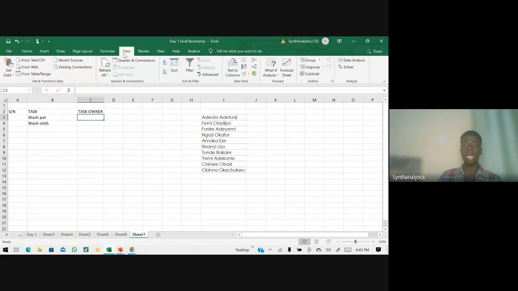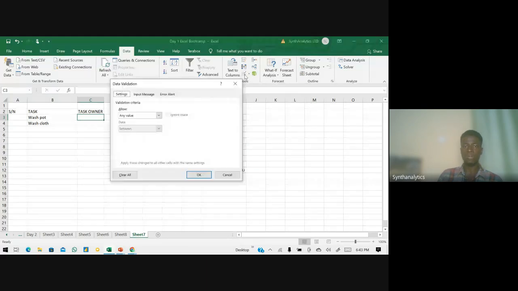So once you see who owns the task, then you can come under our data. There's a guy we call data validation. This guy over here, data validation. Click on data validation and it will bring us here.